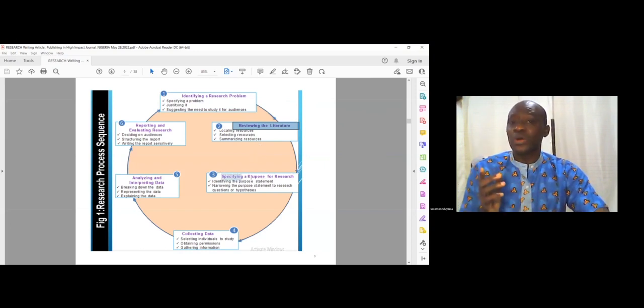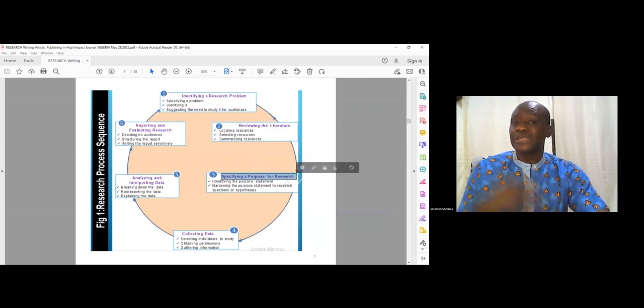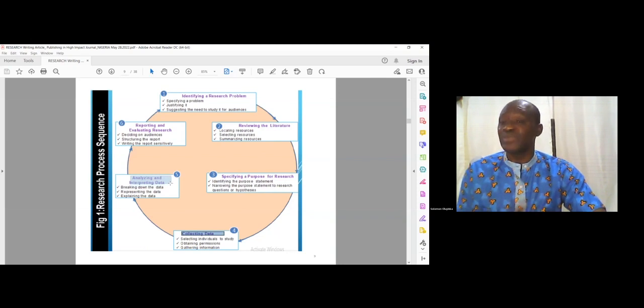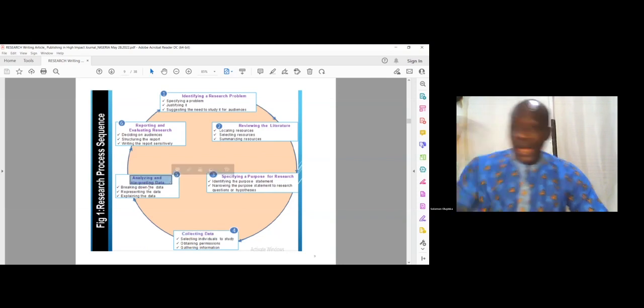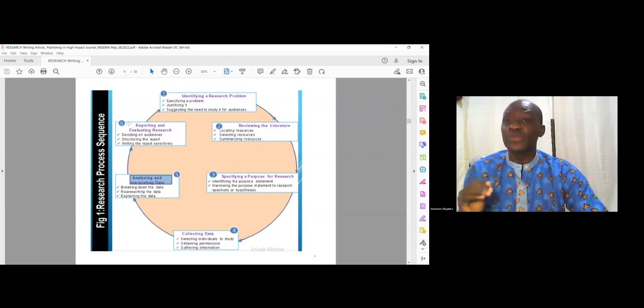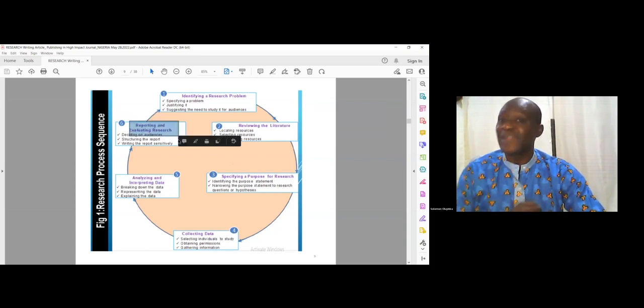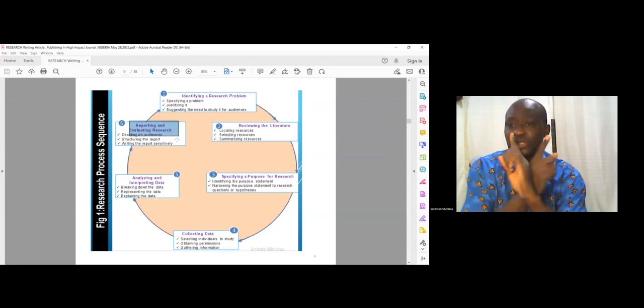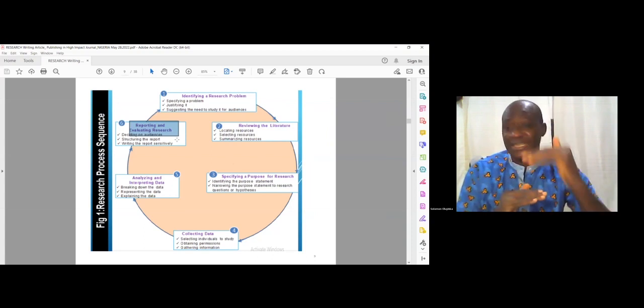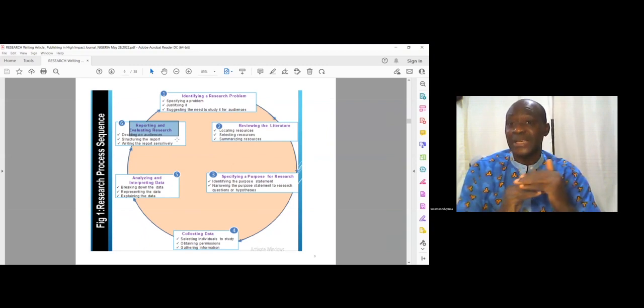I know we are all used to this particular thing: specifying the purpose for the research, collecting data, analyzing and interpreting, all still literature. Before you analyze, you will make reference to who have been using that particular method of analysis. And then when you are making your report in the final stage, you are still going to relate your result with what others have said. It's still part of literature review. So your literature review is a step-by-step that you don't need to forget.